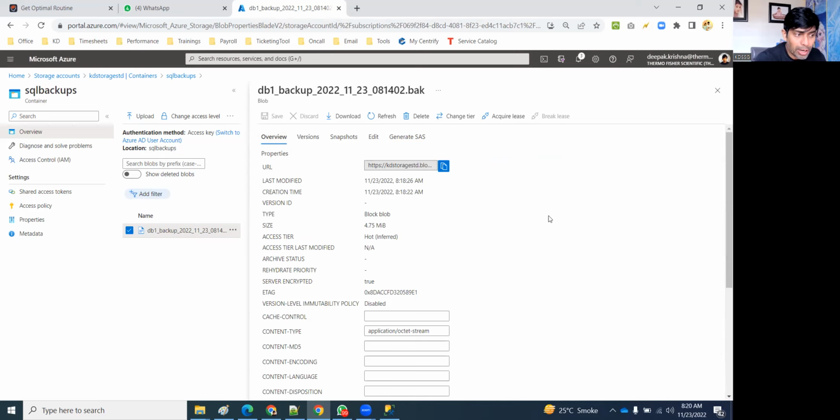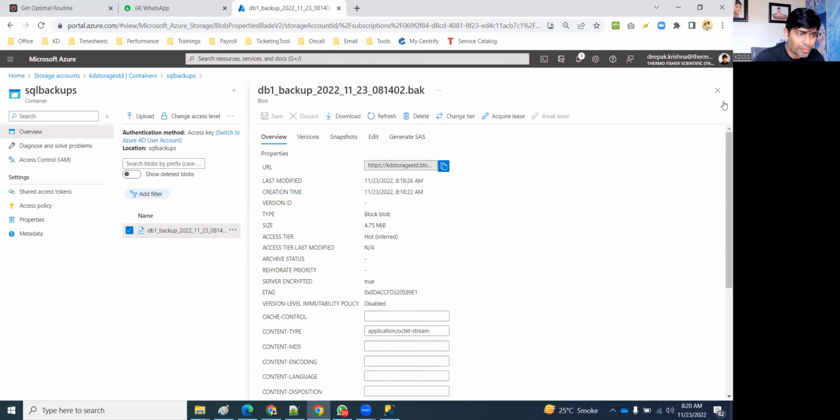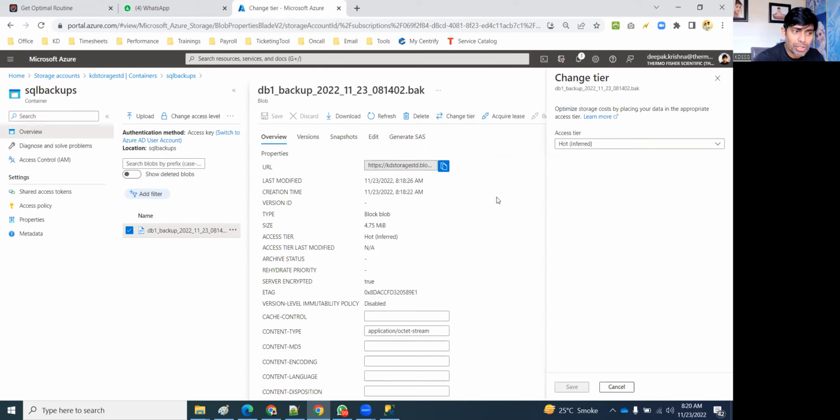So first of all, I don't see that property itself. How do we identify it? There's a command with which you can find out, sir. It's okay. Do you see this here? Anytime you can change the tier from anything to anything. We talked about this one. Any time a file can be moved from one tier to another. But you know the conditions, right? That's 30 days, 180 days. So that's the only condition.